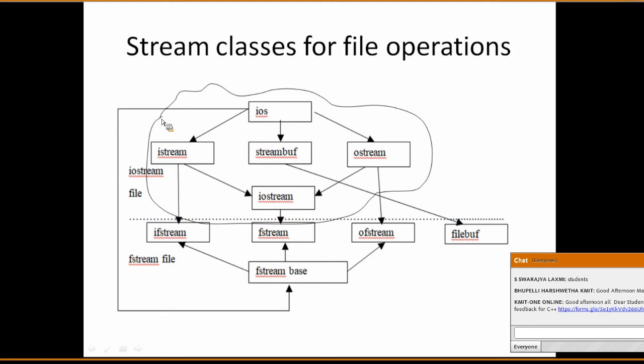Then whatever you have at the bottom, which I have underlined over here, will be included under the fstream file. Then this is an iostream file here.